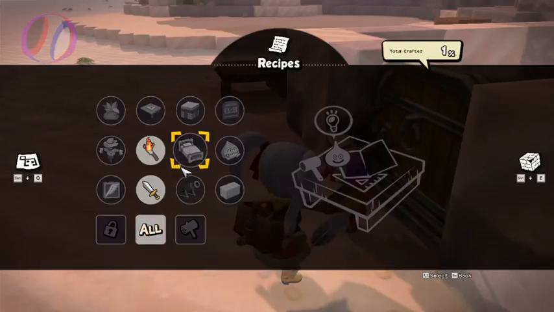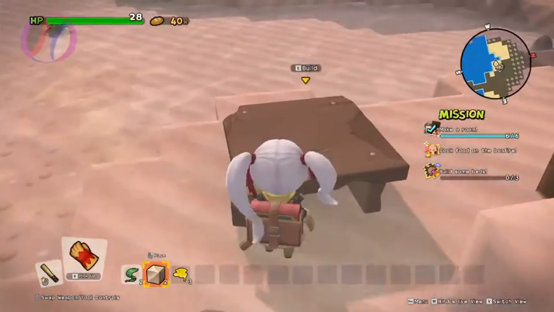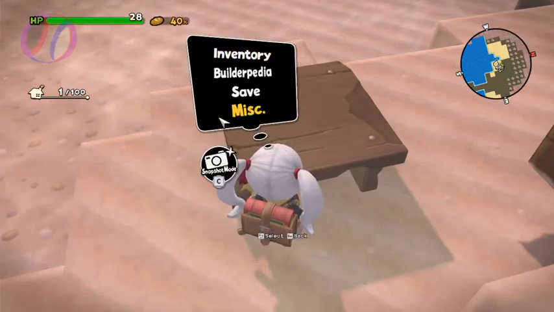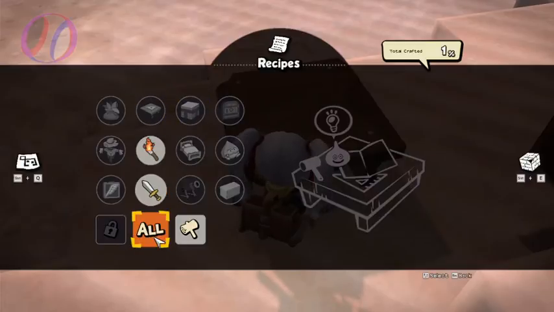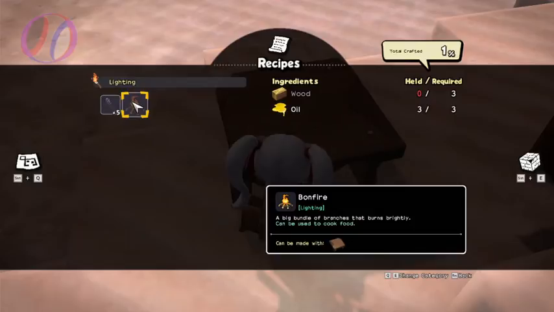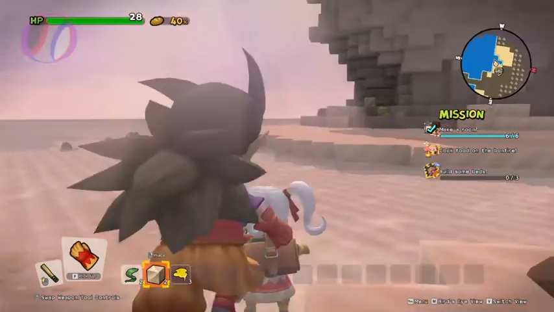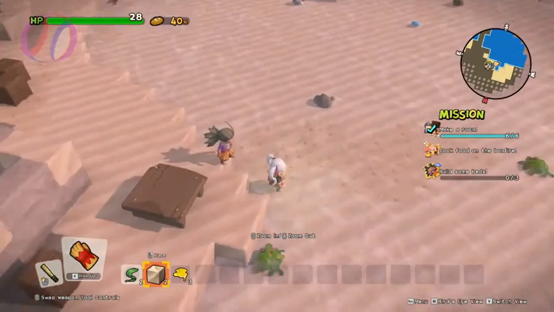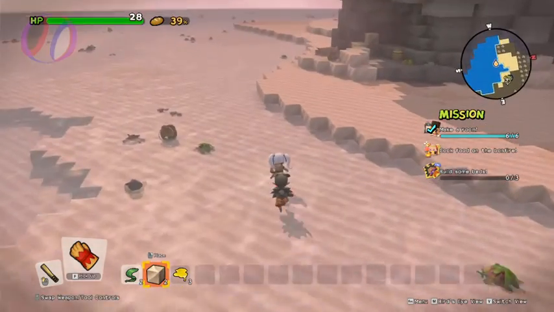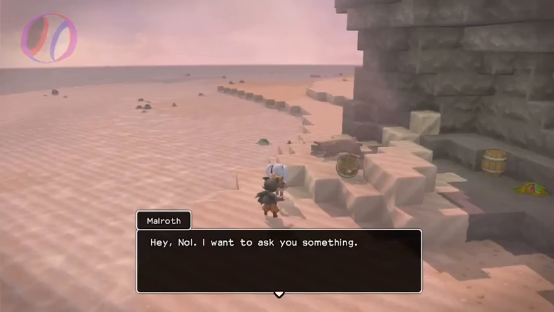There should be a bonfire recipe, but I'm suspecting that I opened it up too early. Yep, I did. That's why. So we need wood now. So those bodies will stay a while as long as you do not interact with them. I really hate losing wood, but